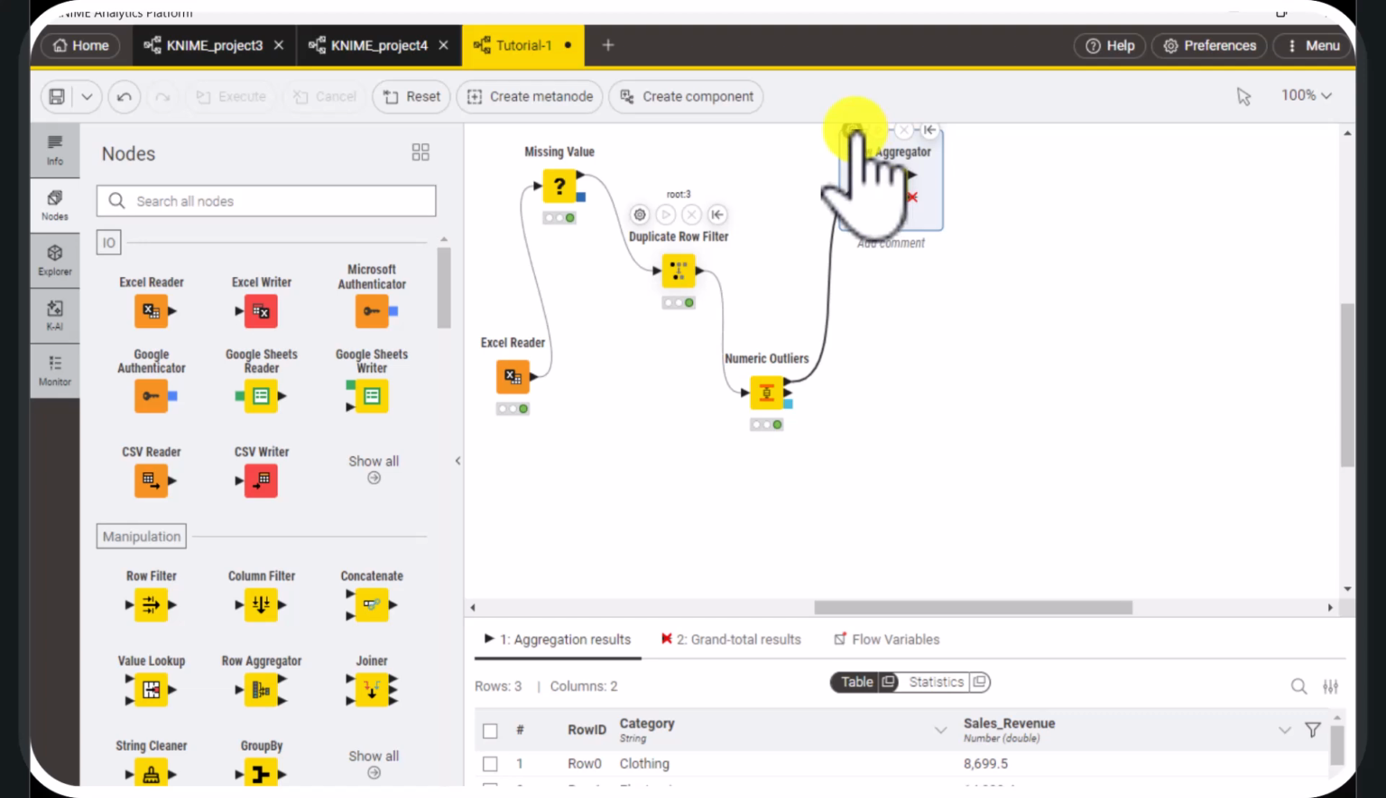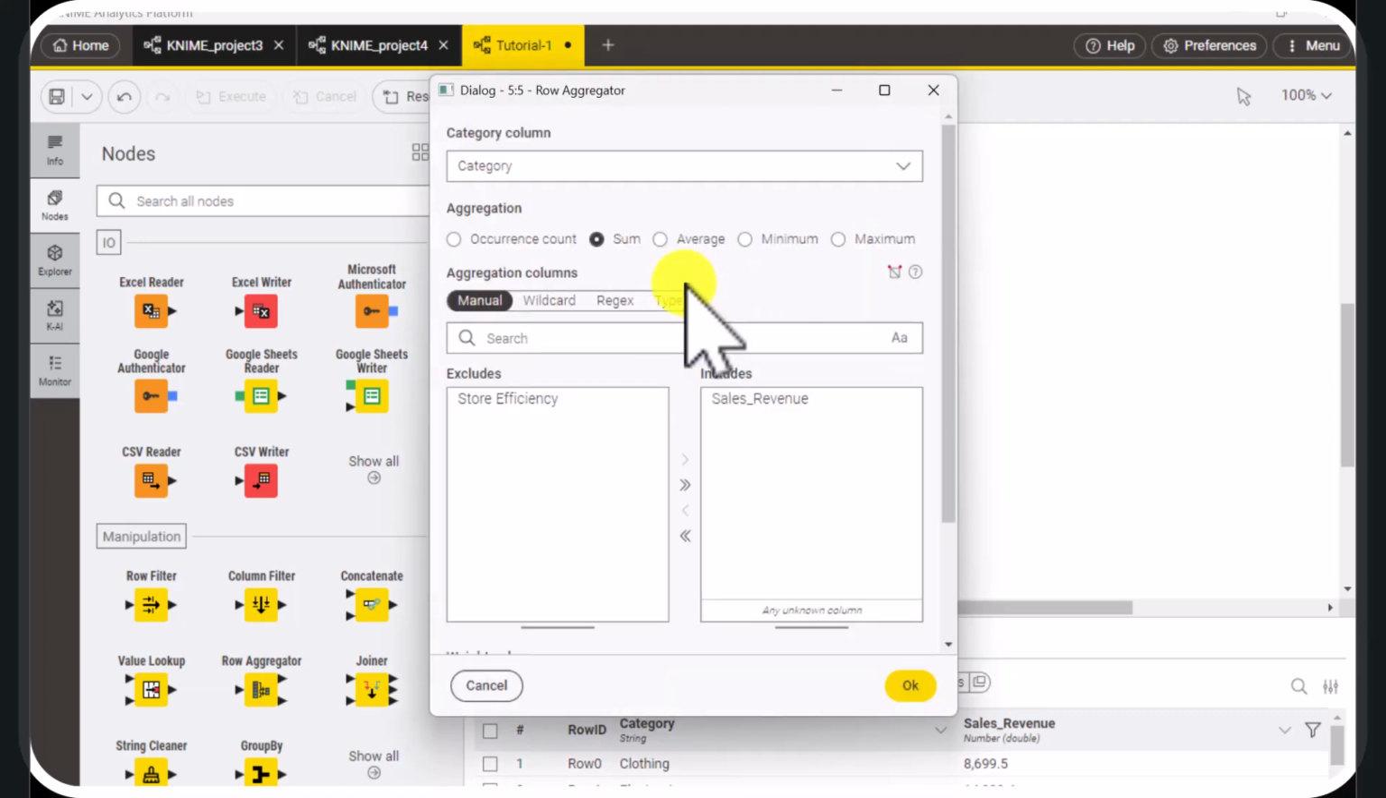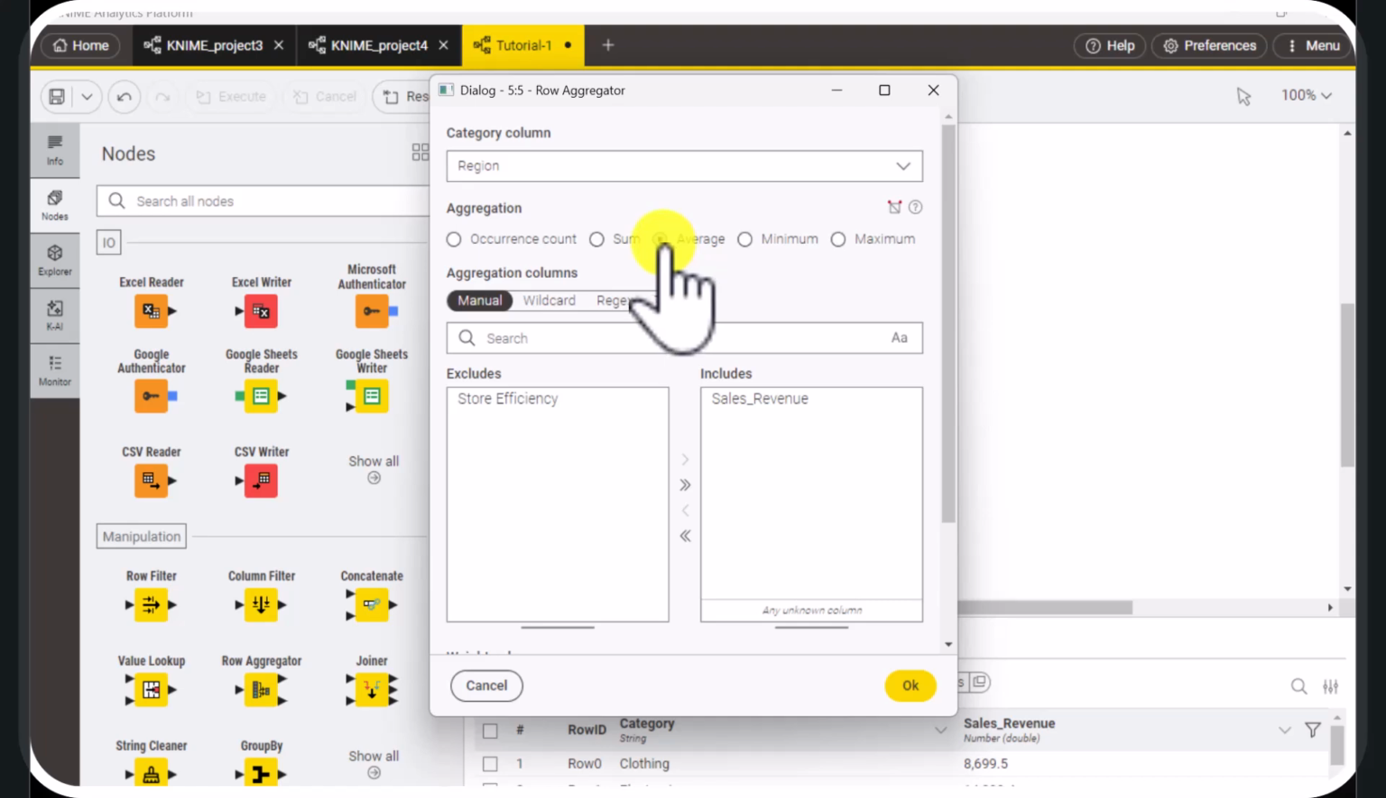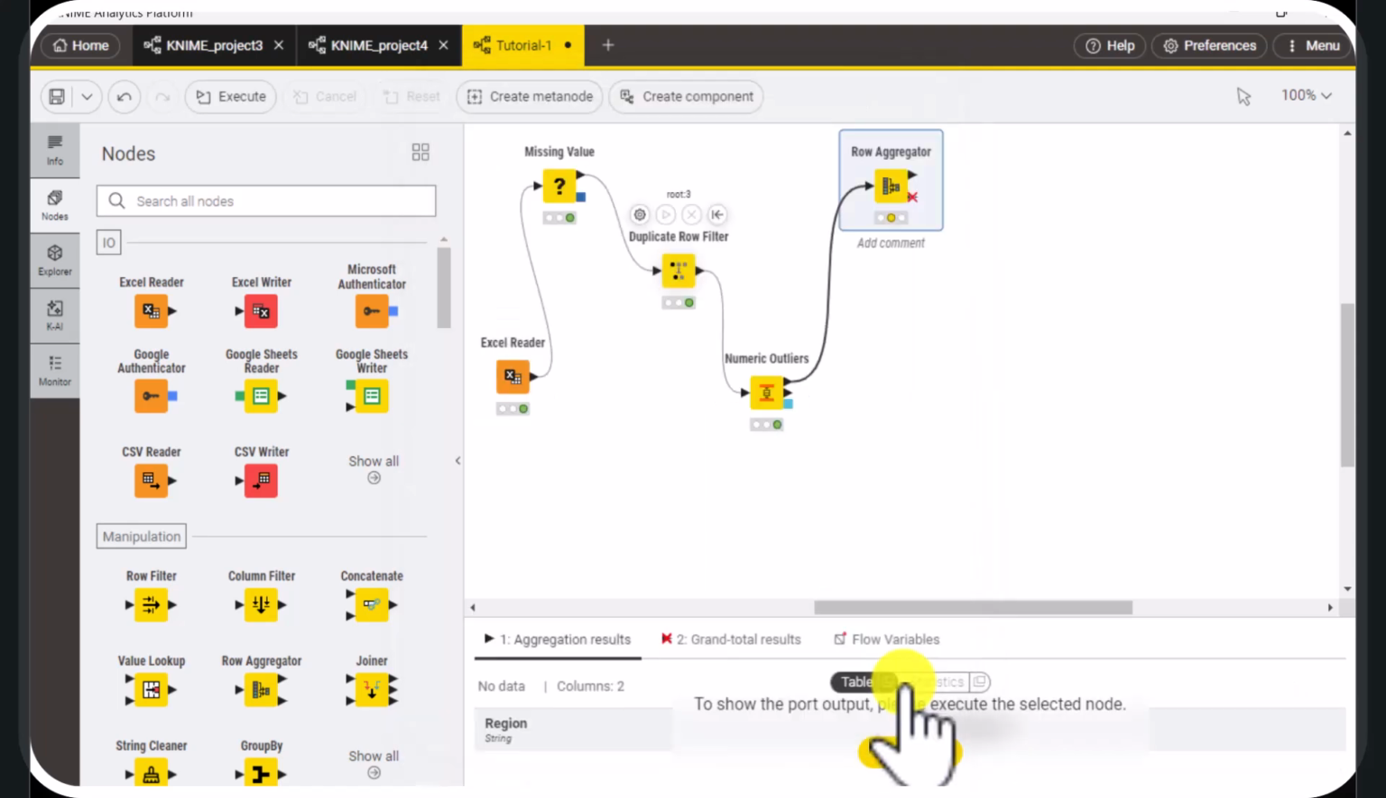Let's do one more here. Let's say I want to look at the average store efficiency across my regions. So I will include store efficiency. My category column is now region, and I'm going to look at the average. And when I execute this node,